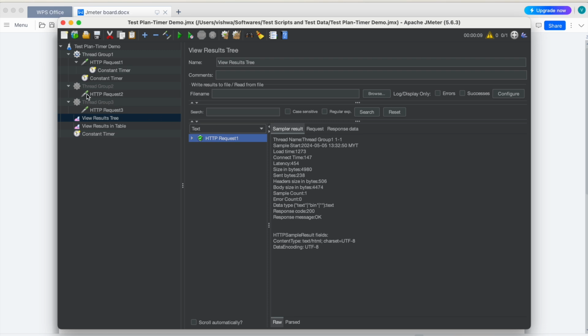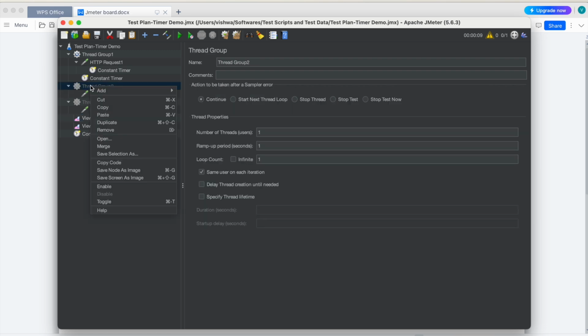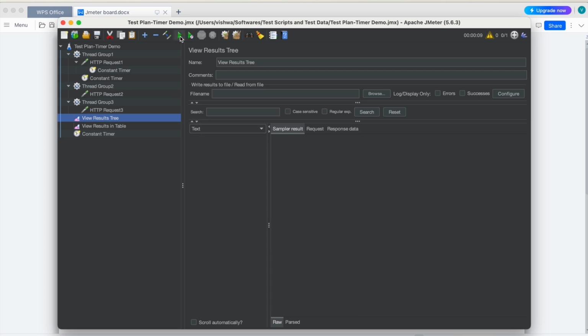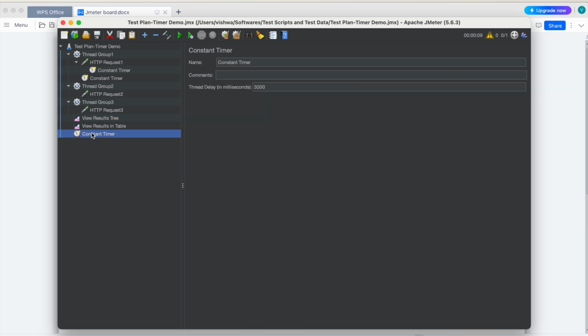So now I will enable these two thread groups, and let me clear this test result and let me run. For these two requests within thread group 2 and thread group 3, this timer is applicable. It means a 3-second delay. Whereas for request 1, it will take 3 plus 3 plus 2, that is an 8-second